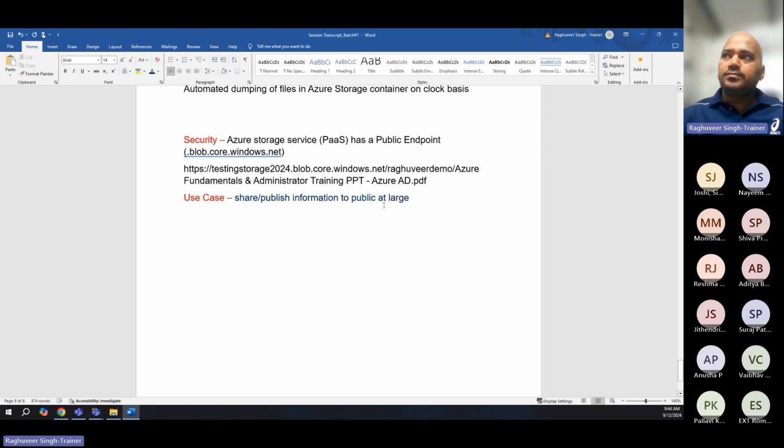In that case, we can restrict access of the storage service, and this applies to all the components, which is table, queues, containers, as well as file share. If you want to restrict access of the storage service within your corp network,